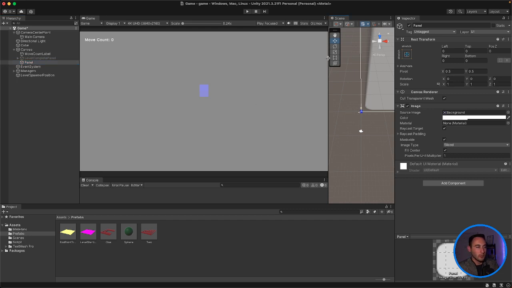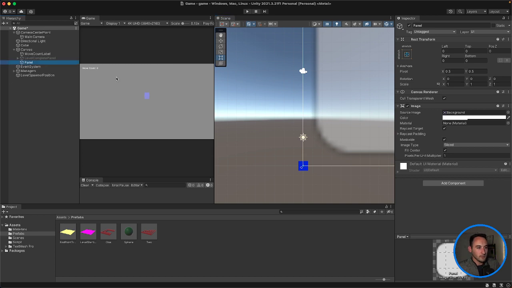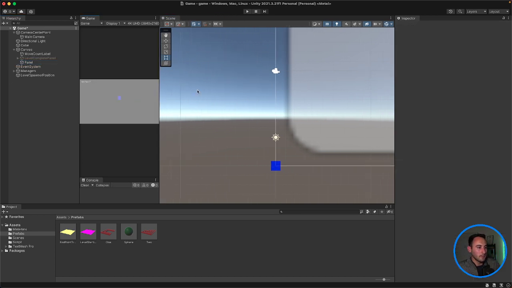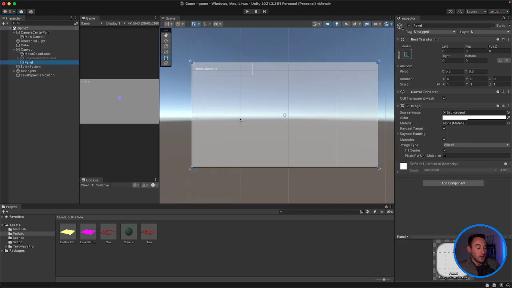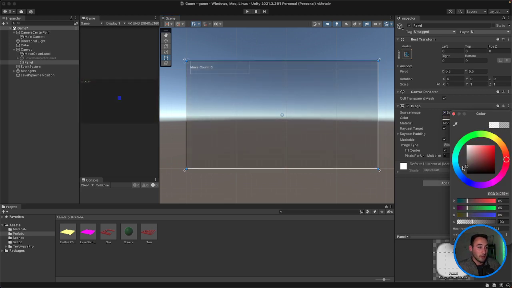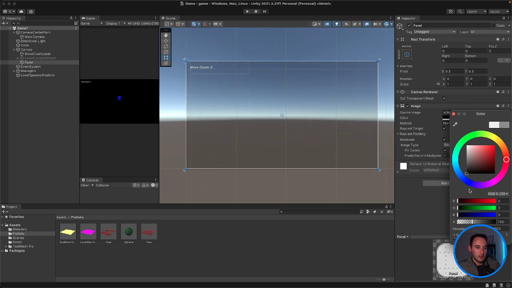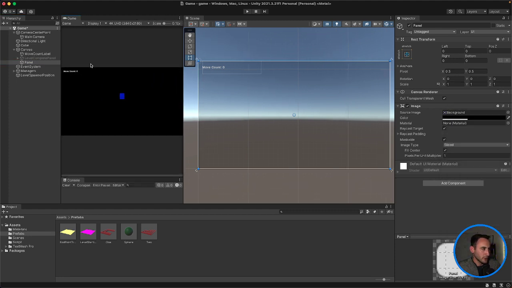So we will work in our scene view now. Let's focus on 2D, focus on our panel. Where is it? Over here. So here's our panel, and we want to be able to see our game, not the background. So let's make it that color. We can still see our game in the background. I'm going to make it a little bit darker